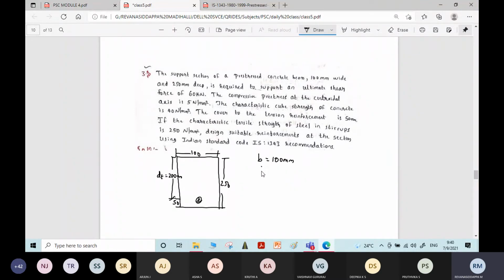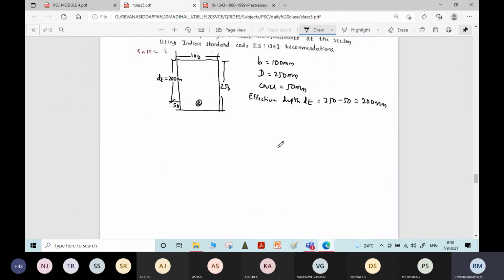B is equal to 100 mm. Overall depth is equal to 250 mm. Cover is given as 50 mm. Effective depth dt is equal to how much? 250 minus 50, nothing but 200 mm. Then